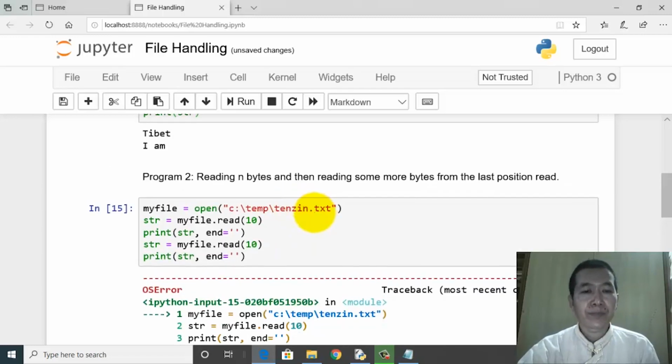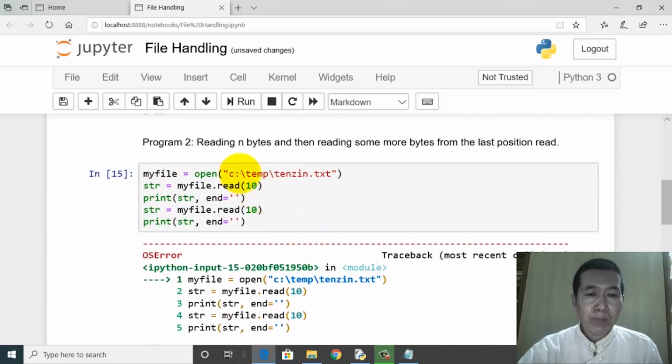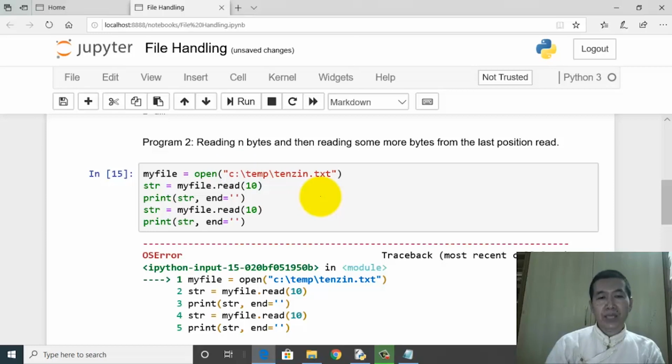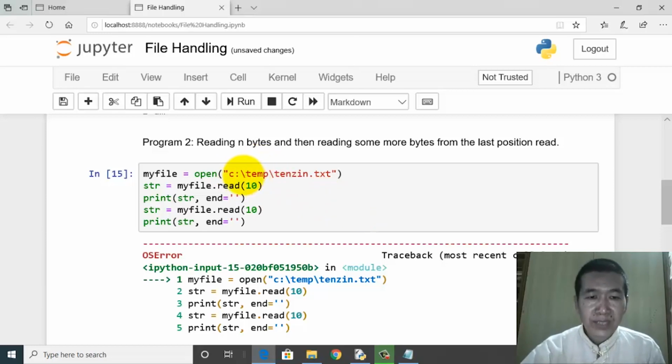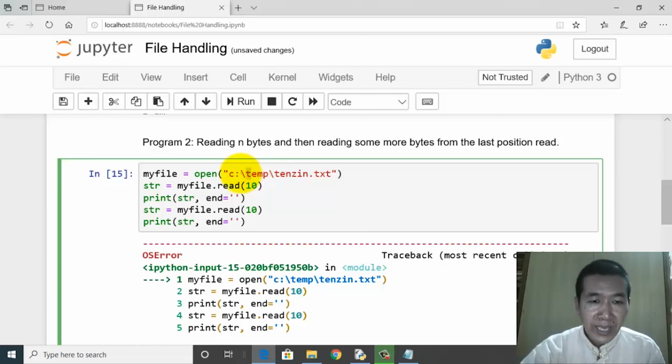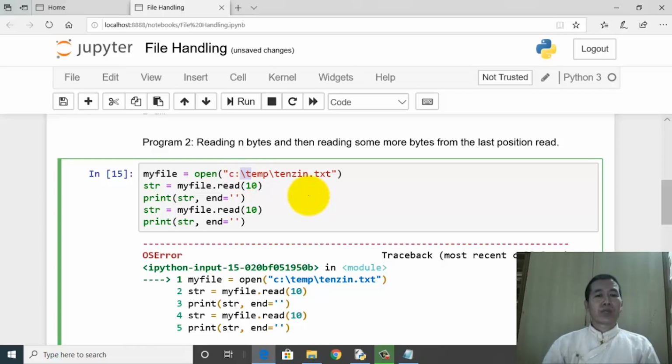The reason is, the moment you put the backslash, this backslash has a special meaning. And this is what we mean by escape sequence. When you put just one backslash, it has a special meaning. It teams up with the following character, which is T, and then together these two convey a special meaning.